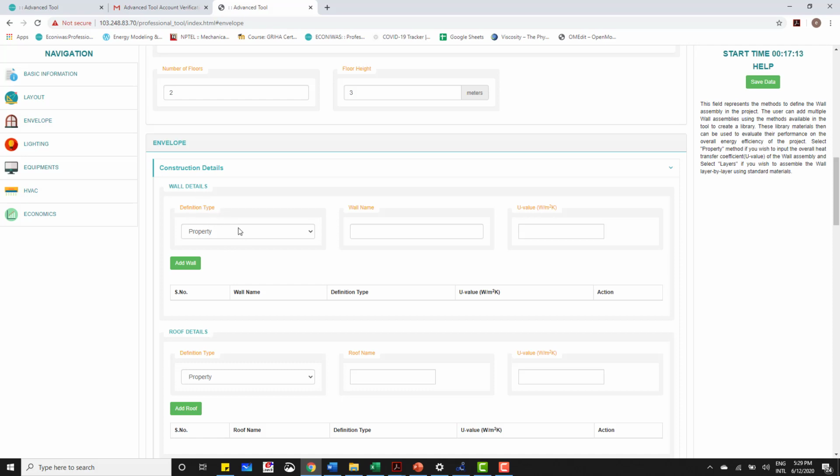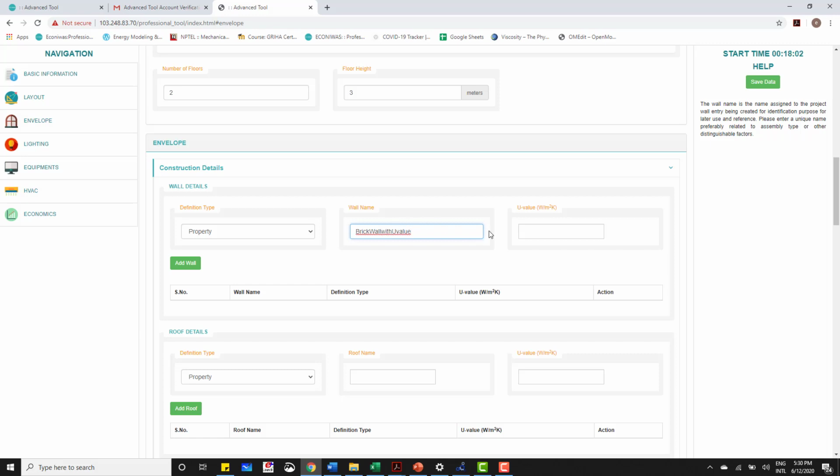Coming to the definition type, there are 2 definition methods available in the tool. One, the property method, is very straightforward. I'll try to demonstrate each of them very quickly. Let's click on the property option. If you click on the property option, the tool asks for the wall name. So let's say we're making this brick wall with Q value.